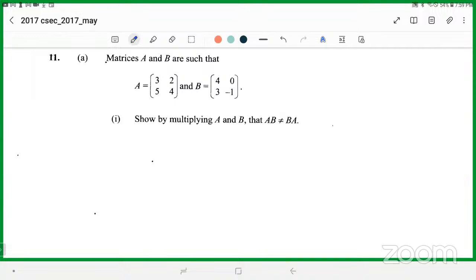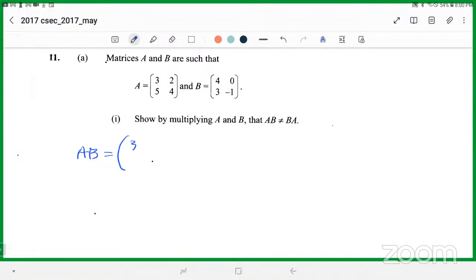All right, so it says matrices A and B are those. Show by multiplying that AB is not equal to BA. Now, technically, you really only need to work out one of the values. But I'm going to work out one of them fully. And you only really need to see one value different. So if I work out AB, for example, like this,